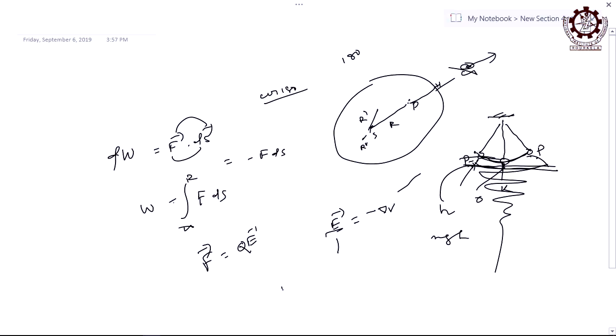Yes, E is 1 by 4 pi epsilon 0, then Q times the very small q here, that is a unit positive test charge. You are bringing a unit positive test charge, that value is 1, it is only this source charge, capital Q, right. Then R square. If you write it in vector form, then this is R unit cap, right. This is a unit vector. So this is the intensity at that point, right.